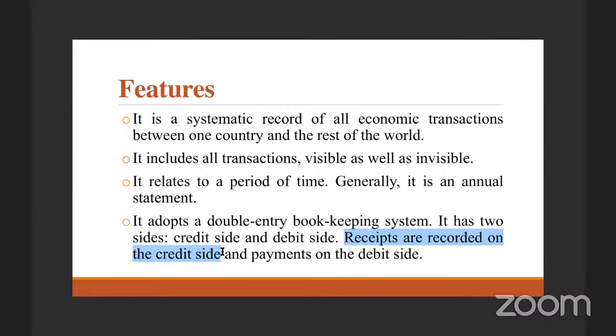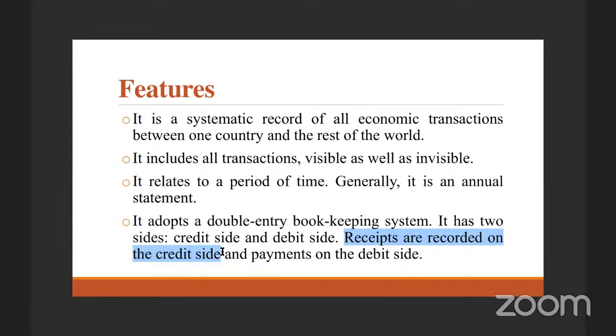Now you have real account. The rule for real account is debit what comes in and credit what goes out. What is this real account? Real account relates to the assets that you can see really, tangible assets. When an asset is purchased, you debit it, because it comes in. When an asset is sold, you credit it because it goes out, okay?